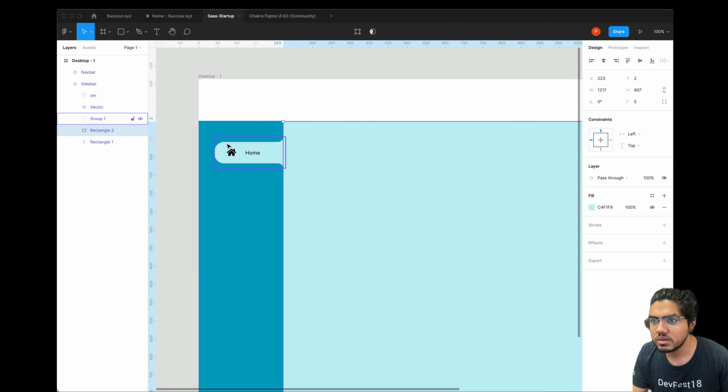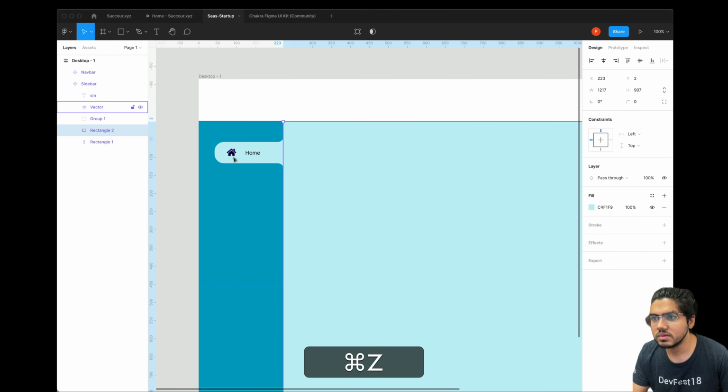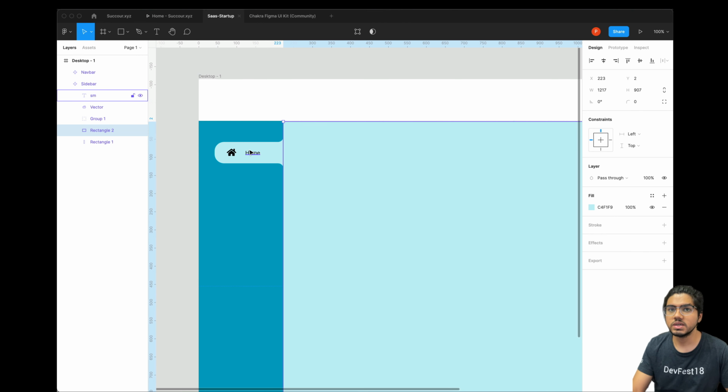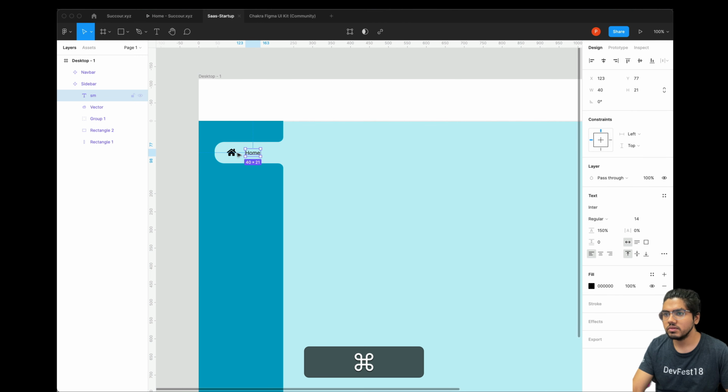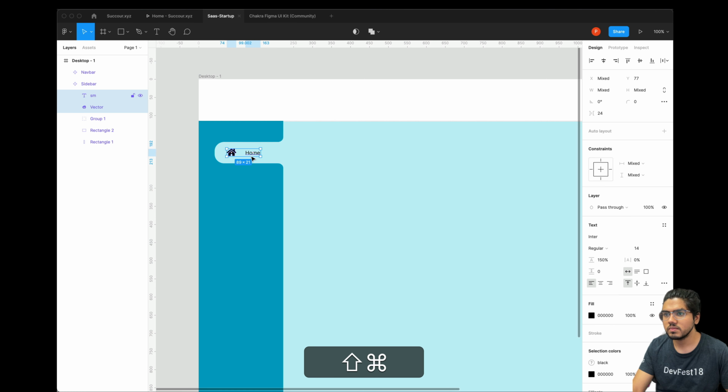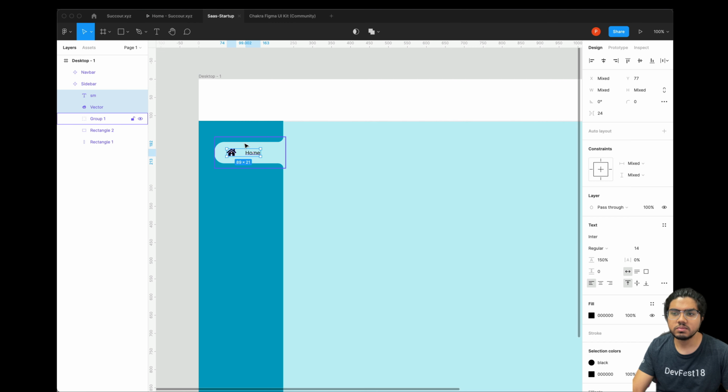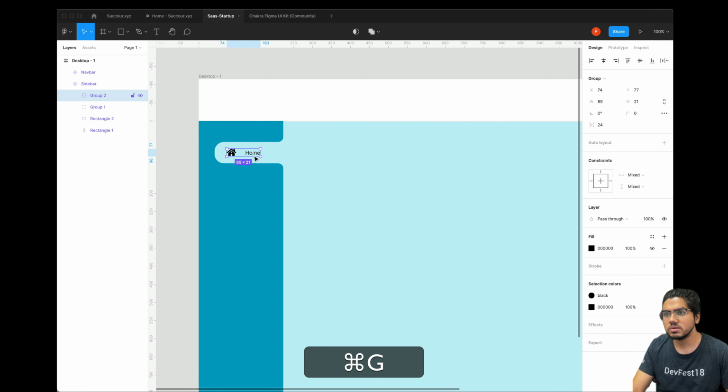Okay, now we'll create all the other components. For creating all the other components or the buttons inside the navbar, we'll first group them. Shift and click on that to select both, then Command G to group them, and we'll drag and drop after every 65 pixels.